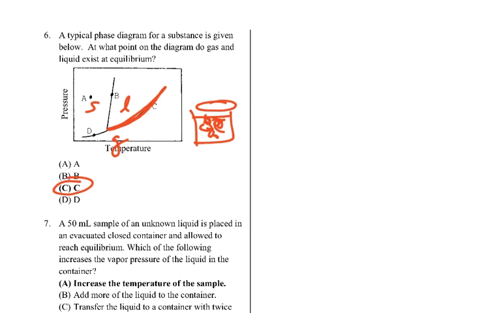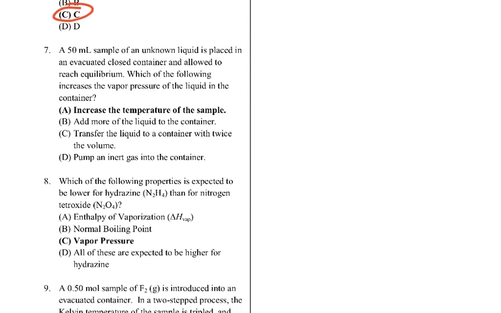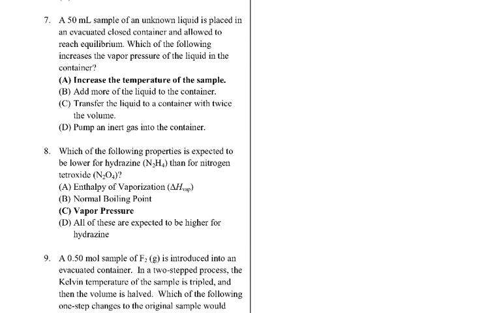If we had other lines where we ask about this, that would be the lines where you see freezing, and here would be the lines where sublimation's occurring. But we're talking about liquid and gas, so we're talking about boiling. Answer C. A 50 milliliter sample of an unknown liquid is placed in an evacuated closed container and allowed to